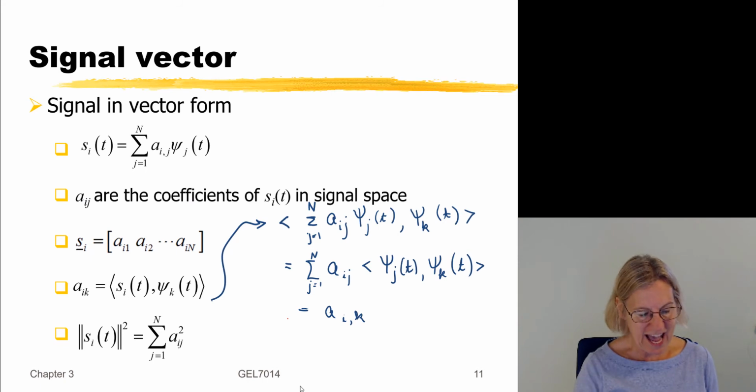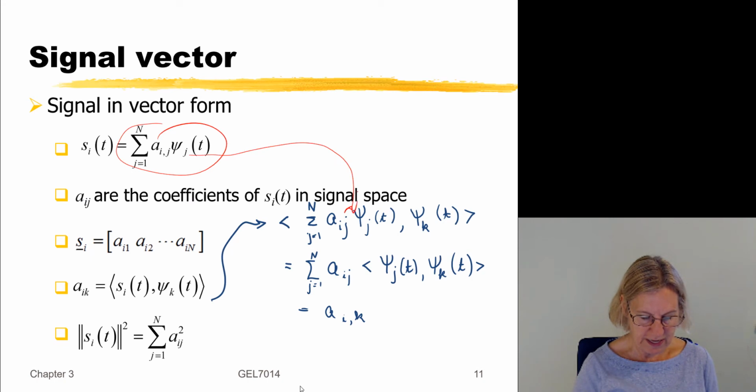Suppose that Si can indeed be represented by this linear combination. Then I put the linear combination inside of the inner product. So I take this equation, put it here, and I take the inner product with, in this case, the kth